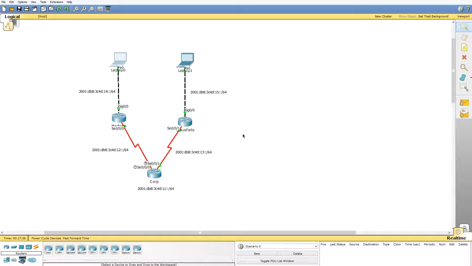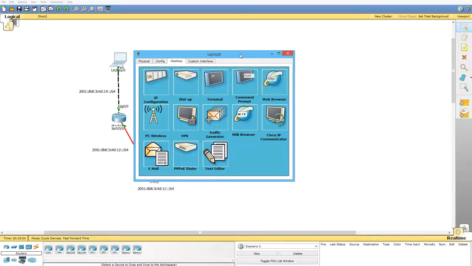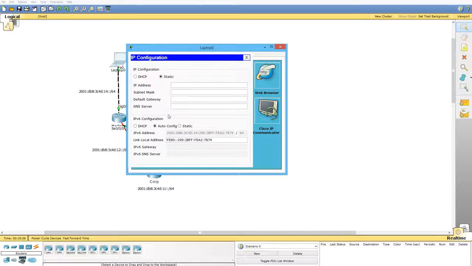In this video, we're going to be looking at configuring static routes in an IPv6 enabled network. What I've done ahead of time is configured all of the hosts and router connections with the networks shown using EUI64 notation. So I've got networks 14, 15, 12, 13, and 11. And if you want to take a look at this, if I just grab my laptop, laptop 0, look at the IP configuration, you can see it's been set to auto-config, and it's assigned itself an EUI64